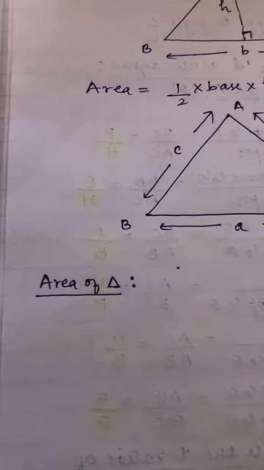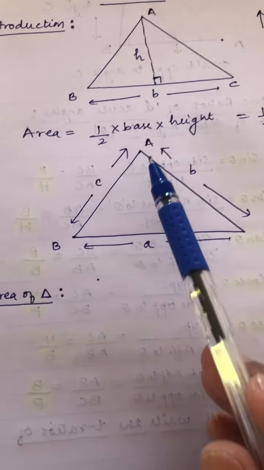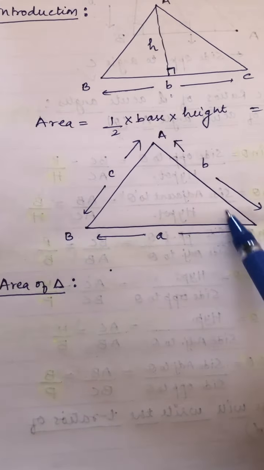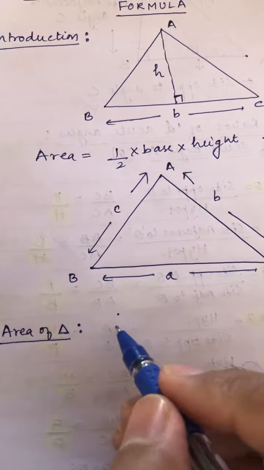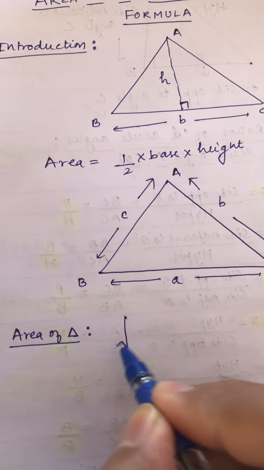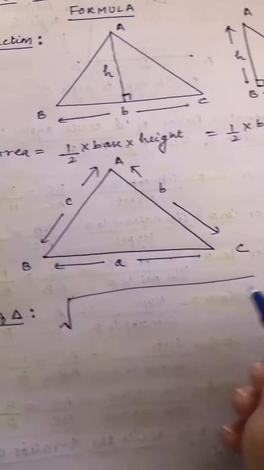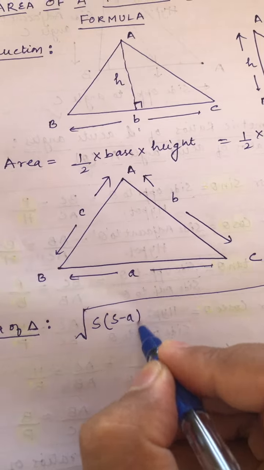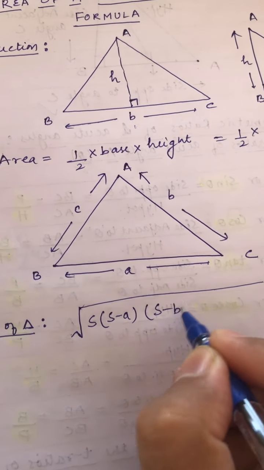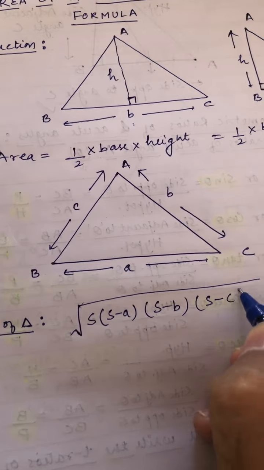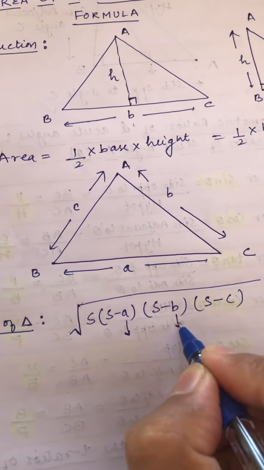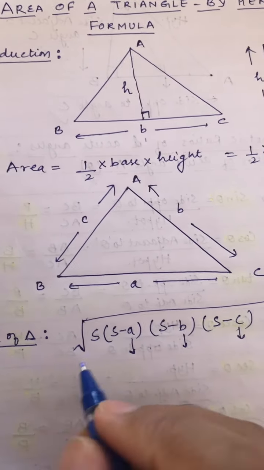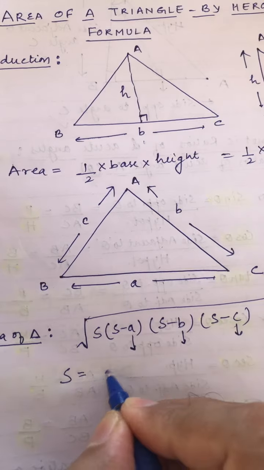So what does the formula say? It says that area of triangle ABC. Suppose we have to find the area of this triangle ABC whose sides are given: AB length, BC length and CA. So first the formula I will write. The area of triangle formula is, first we will write the under root of S minus A, S minus B, S minus C, where A, B, C represent the three sides of the triangle which will be given to you, and this S stands for semi-perimeter.